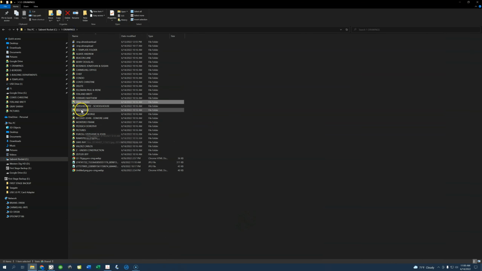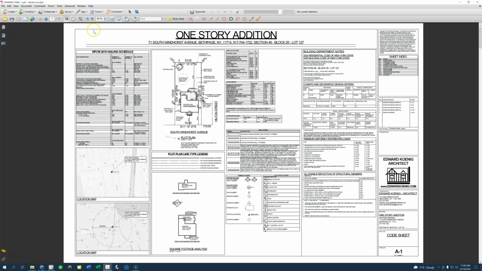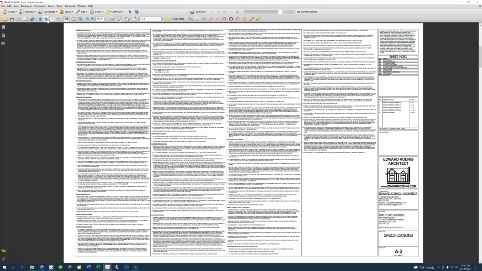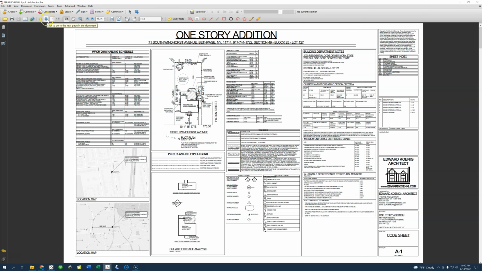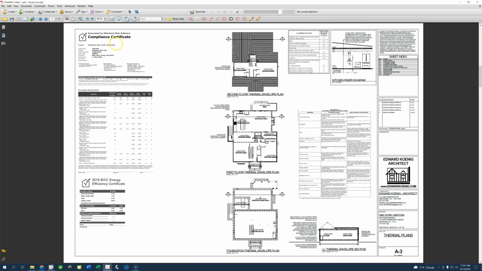Let me pull up a recent set of construction drawings. The towns are getting more and more strict about what they require for a full set of drawings. So now this was just a one-story rear addition and a front porch, and we're at 11 pages of drawings. So we have our cover sheet with all of our technical jargon for the town, all of our specifications for the contractor, energy calculations that we do for the project, plumbing riser diagrams, and then these are called thermal boundary